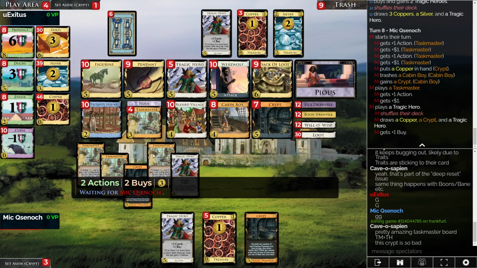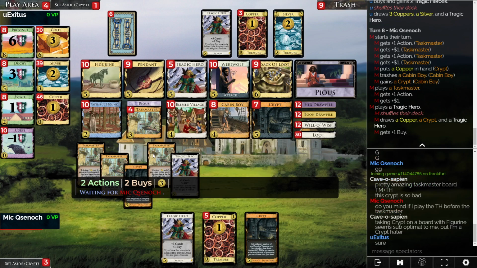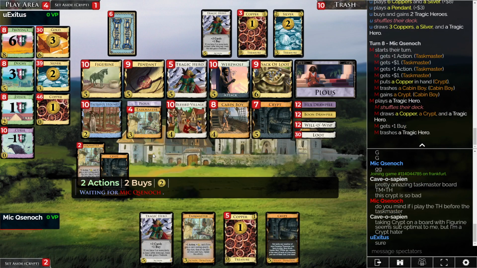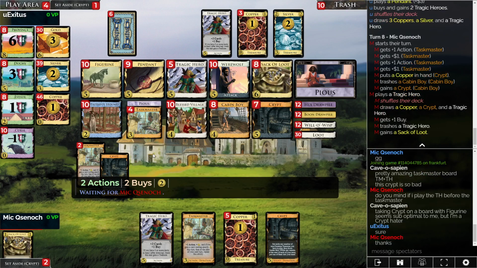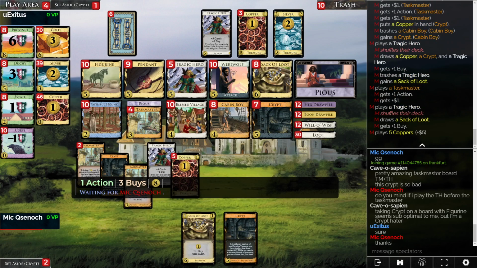Here's where Crypt's just tempting you into doing really dumb things, like having Crypts in your deck. I think you eventually want Crypt, but... yeah, okay, Mick decides that he does need the pop, which is true. You do need the pop. And then this Tragic Hero will fail, but that's actually probably a positive. I guess the Tragic Hero doesn't have to fail. It could have been a successful Tragic Hero, but